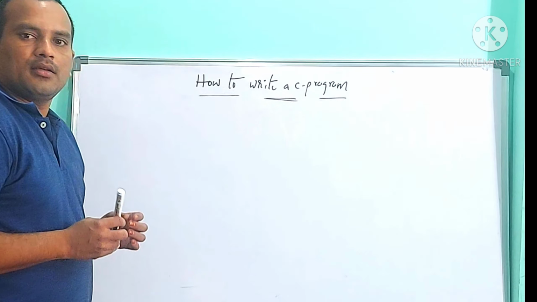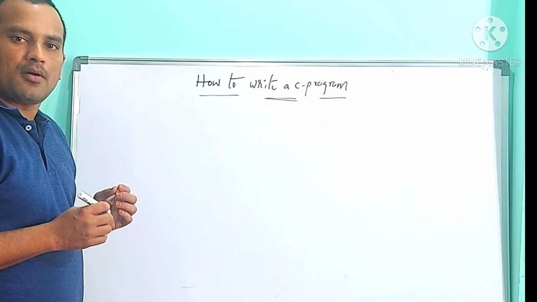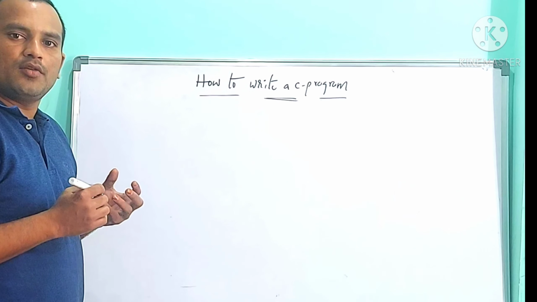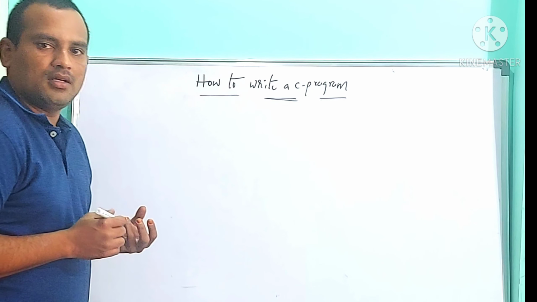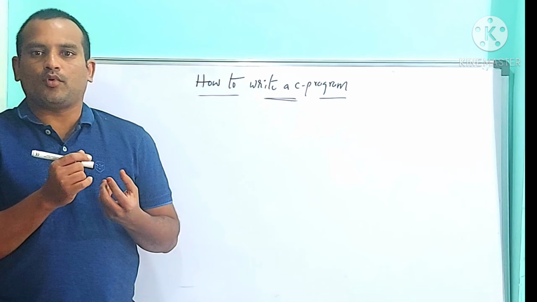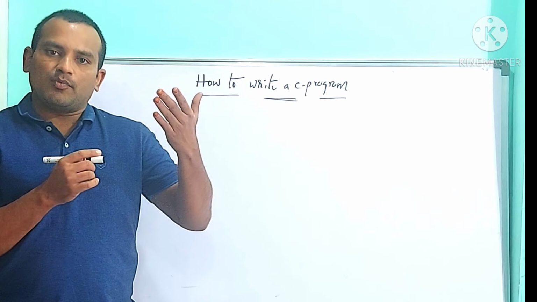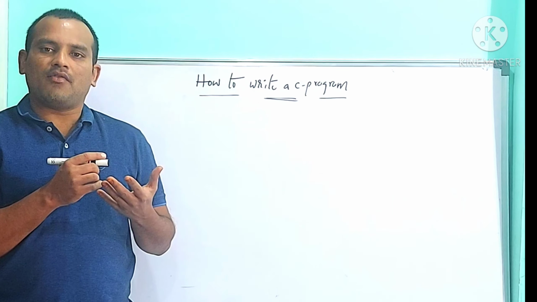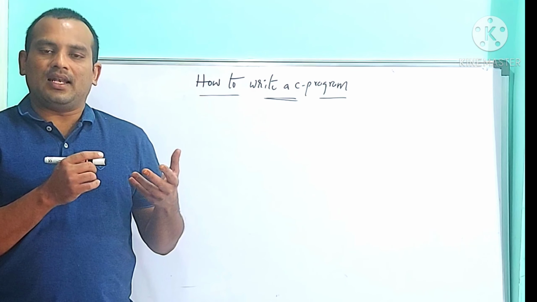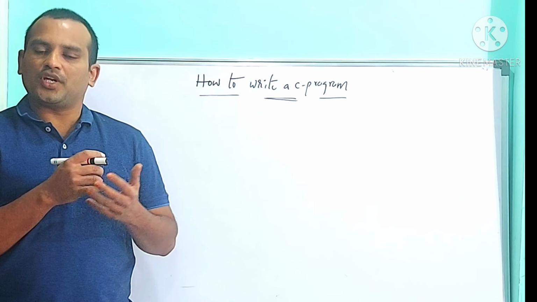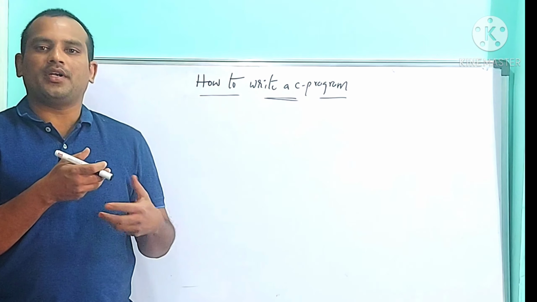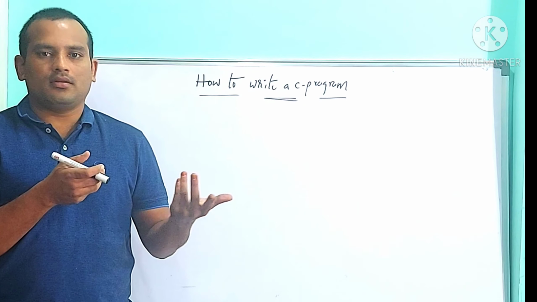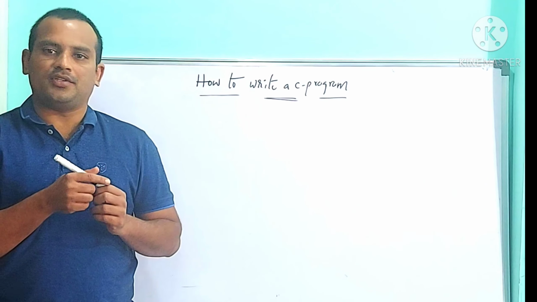I told you clearly, while writing a C program we need to follow the structure of a C program. In the previous class, we discussed the structure of a C program. It contains multiple sections. If you have any doubt, please refer to lecture 7 video so that you can understand what the structure of a C program is and how to write a base program in the C programming language.